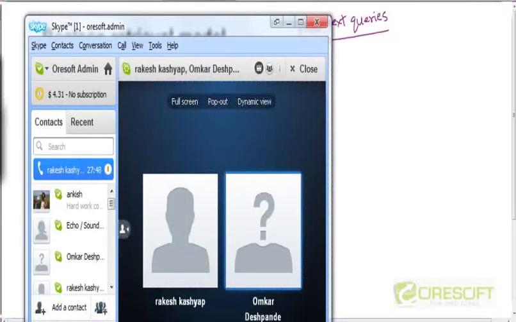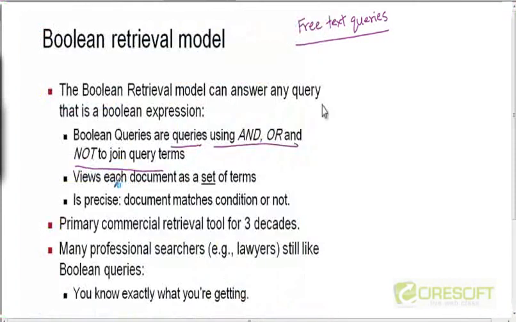The second thing you have to remember about the Boolean retrieval model is that each document is thought of as a set of terms. Just think of the analogy of putting balls in an urn or in a bag. A collection of balls in a bag has no ordering to it.